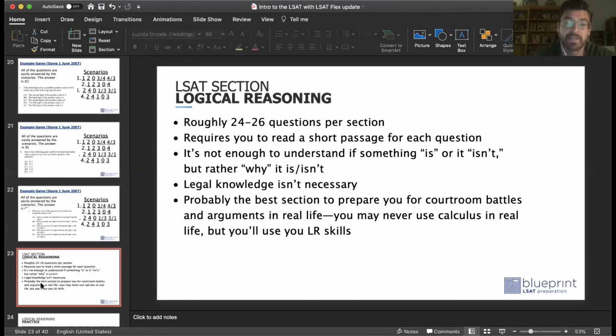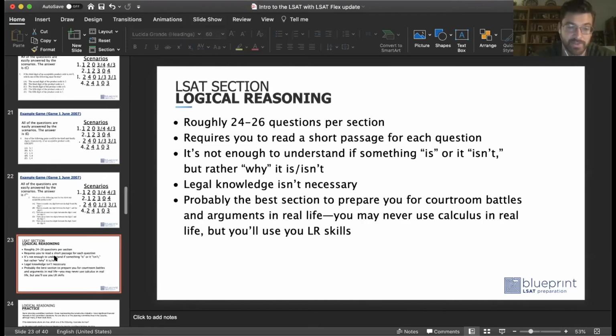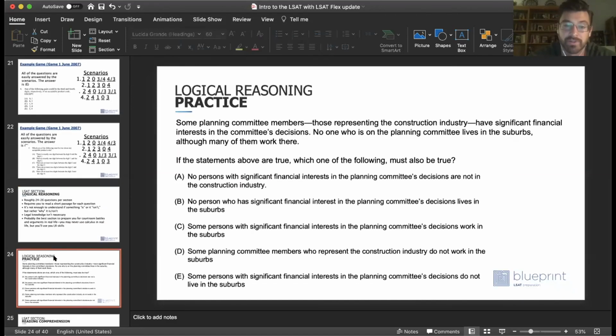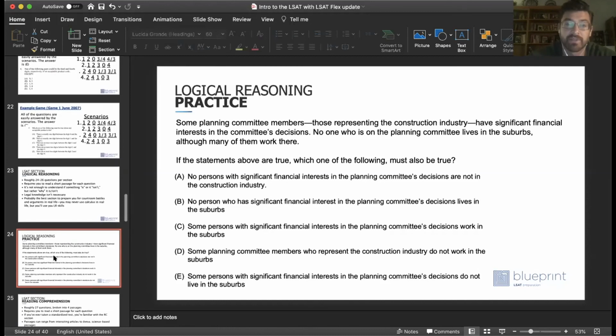You read a short passage. It's not oriented towards memorizing the content. It's much more oriented towards assessing the argument that's presented, or coming up with a viable conclusion. So for example, you might have something like this that says some planning committee members, those representing the construction industry, have significant financial interest in the committee's decisions. No one who is on the planning committee lives in the suburbs, although many of them do work there in